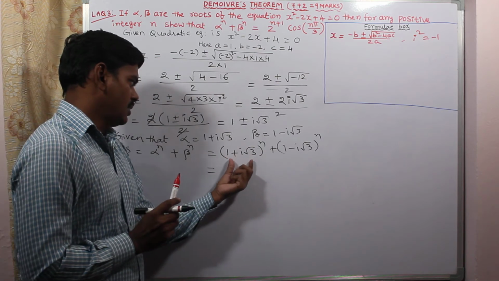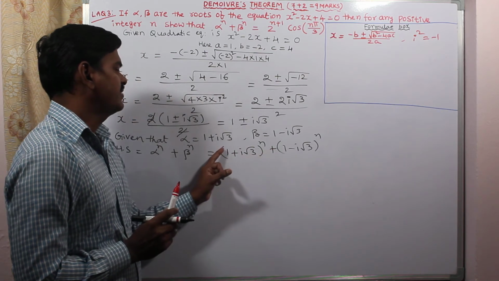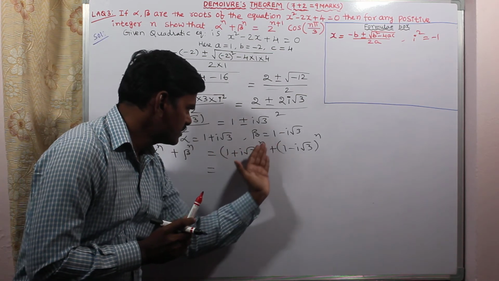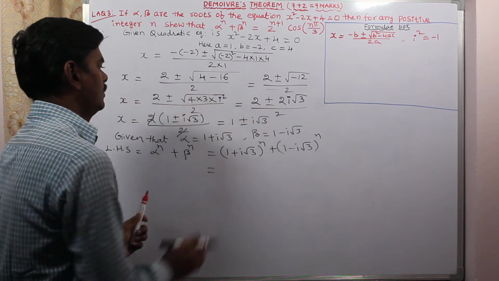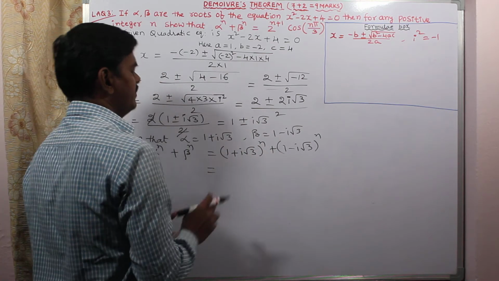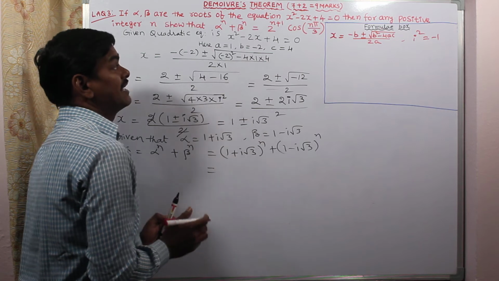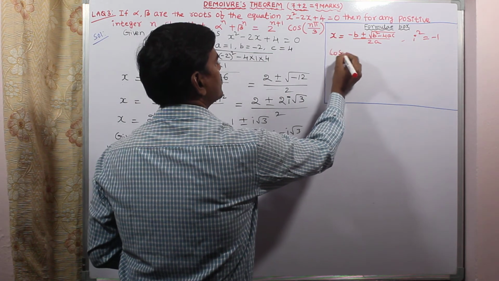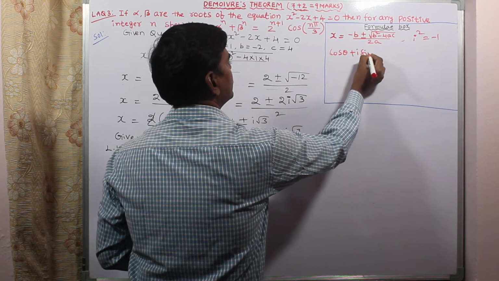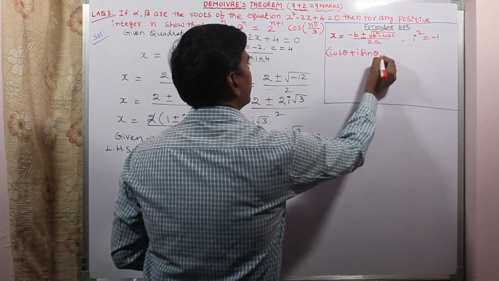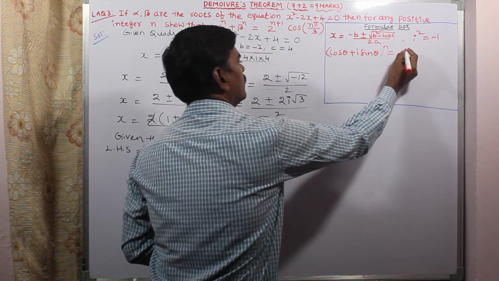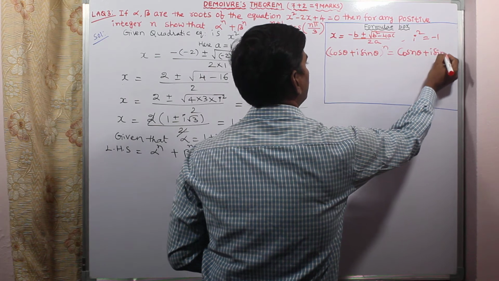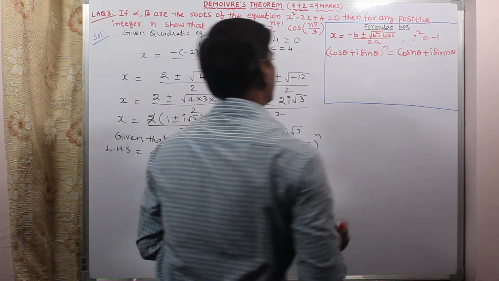So here both the complex numbers are in the form of x plus iota y, but both the complex numbers have powers also. So in order to remove powers, we need to use De Moivre's theorem. If I remind De Moivre's theorem, (cos theta plus iota sin theta) whole power n equals cos n theta plus iota sin n theta is the formula.